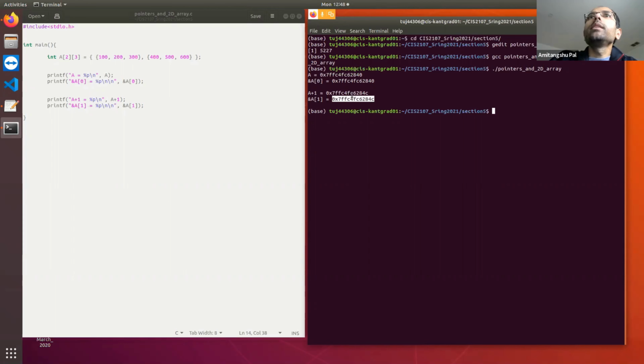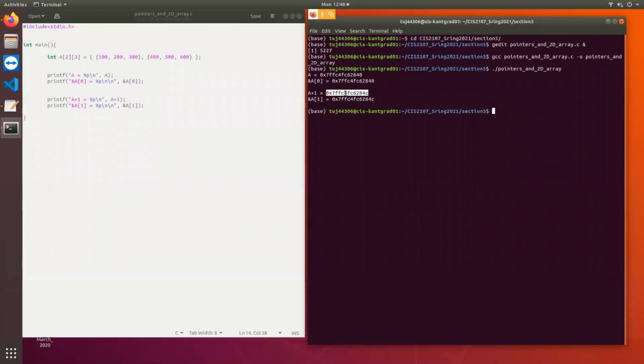Alright, so that is validating whatever we have learned conceptually. Not only that, what is the difference between A plus 1 and A? How many bytes are added to A to get A plus 1? Isn't it 12? Yes. You are right, it's 12.